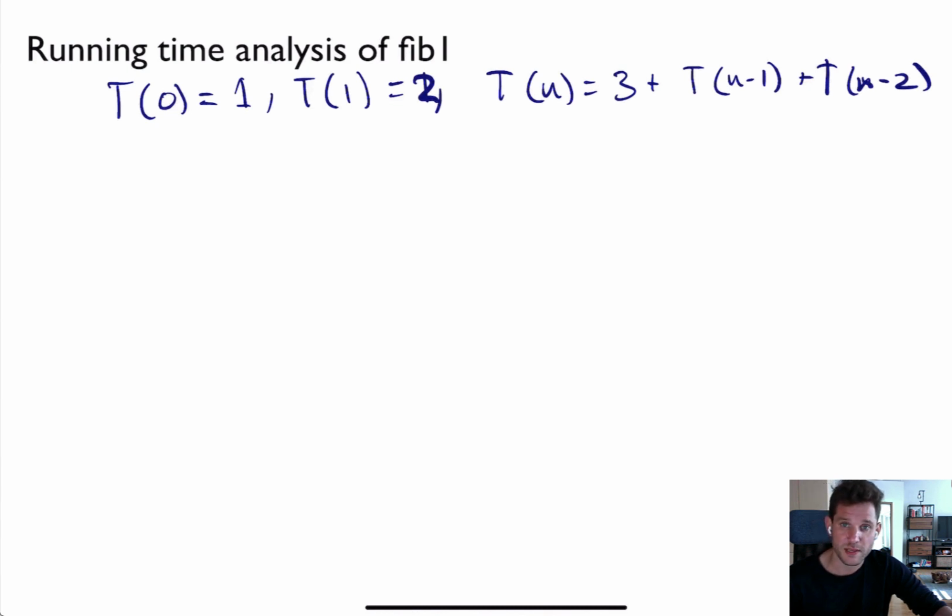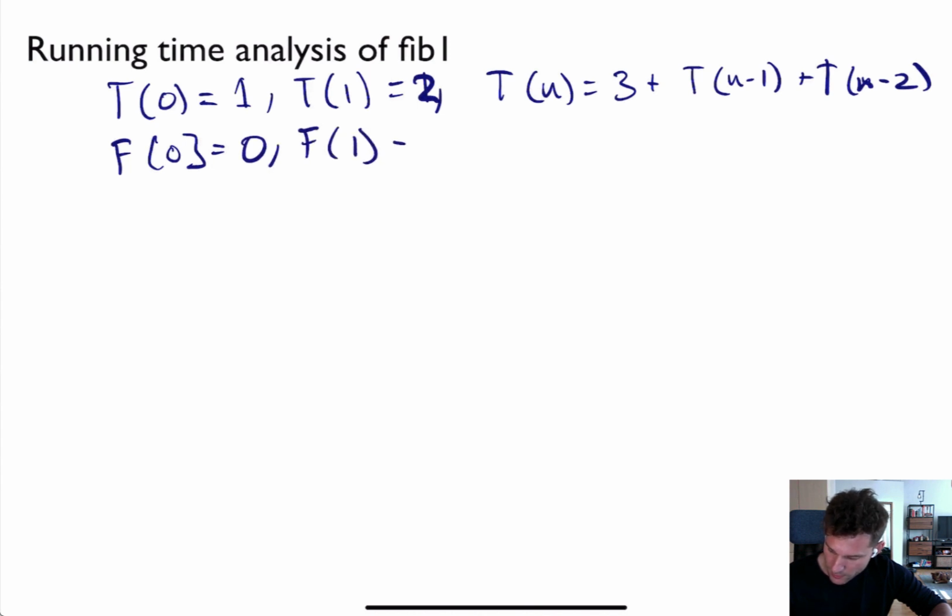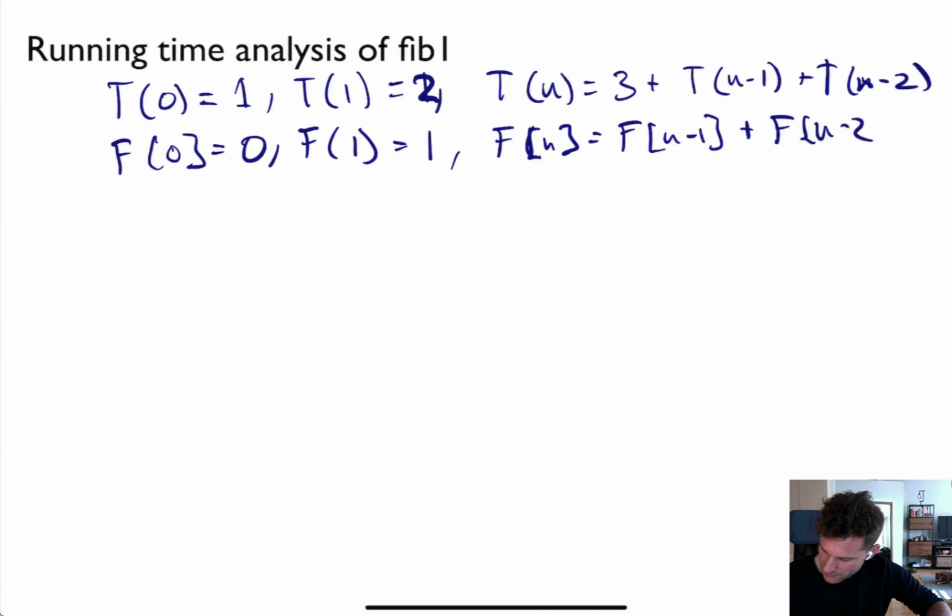It looks similar to what we computed for the actual Fibonacci sequence. The actual Fibonacci sequence, if you remember, we said f of 0 equals 0, f of 1 equals 1, and f of n equals f of n minus 1 plus f of n minus 2. Now, I'm going to make a claim. The claim is that